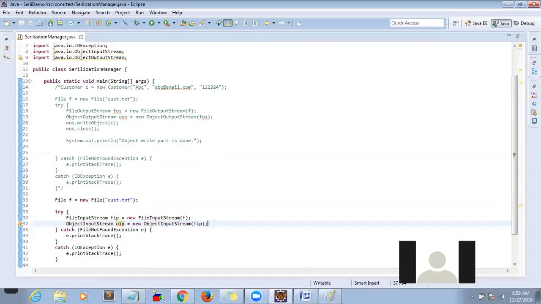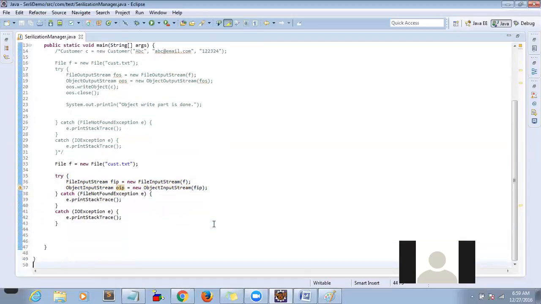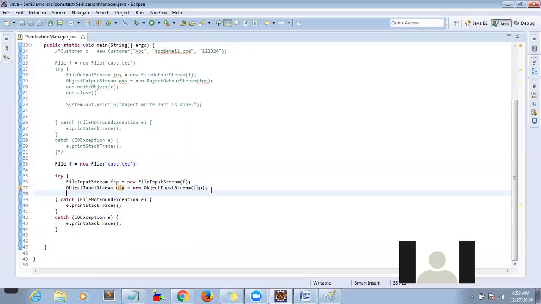Just give me a second to analyze the format. Okay, I'm creating a file and a FileInputStream and then the ObjectInputStream, and then I put the exception handling. Okay, to handle errors. Okay, go ahead. Yes, we are reading the same file, customer only. You're right. So now customer object input